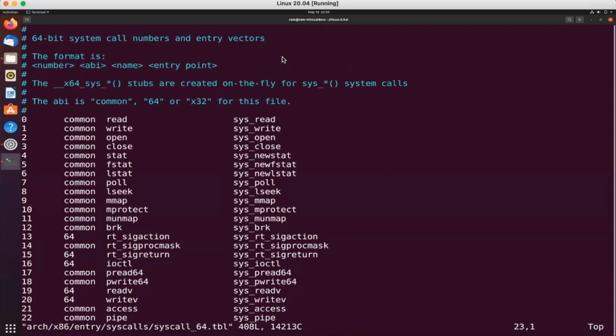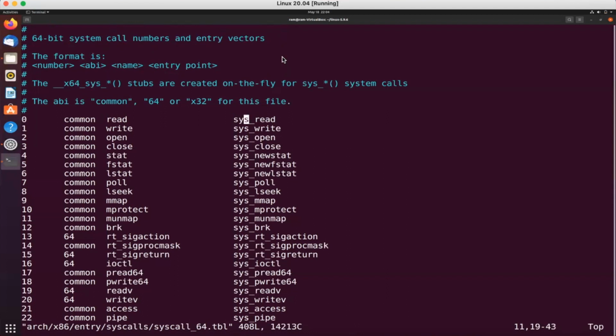Here you can see that every system call is mentioned. The first digit is the system call number and the second is the type of the system call. Common means it is applicable for both 64-bit and 32-bit systems. And this is the name of the system call, like read.